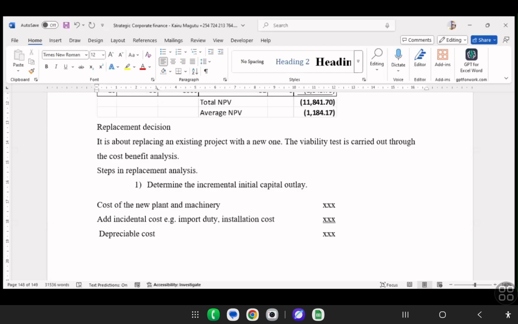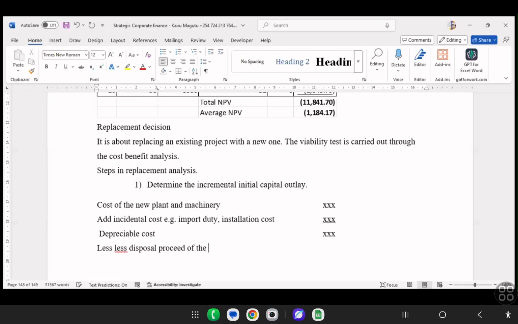If there was nothing else, that is the only cost that would be considered. But remember, we are undertaking a new project that may even be more efficient than the existing one. So at this point, we less disposal proceeds